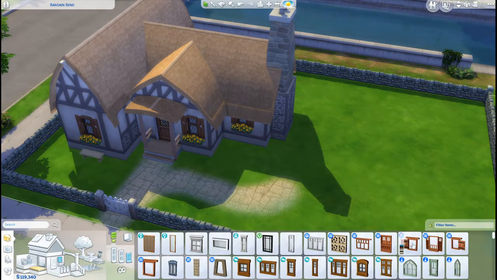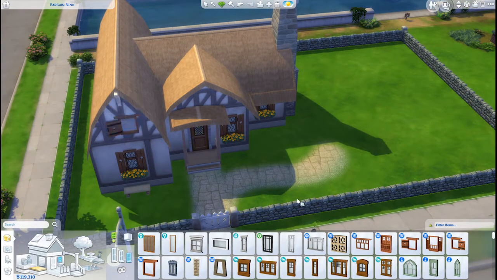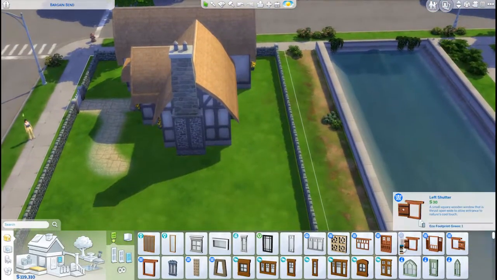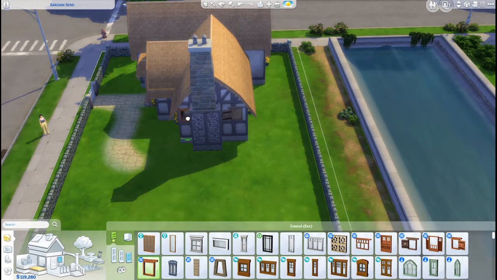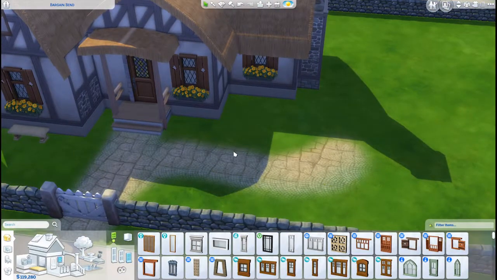I'm adding a window up to the top, and this is where I'm so glad we got that new update, where we can move windows and doors wherever we want. So I added that up there, and one right next to the chimney. I tried to add one on the other side and then I realised it just wasn't going to work. So now I'm going to move on to the